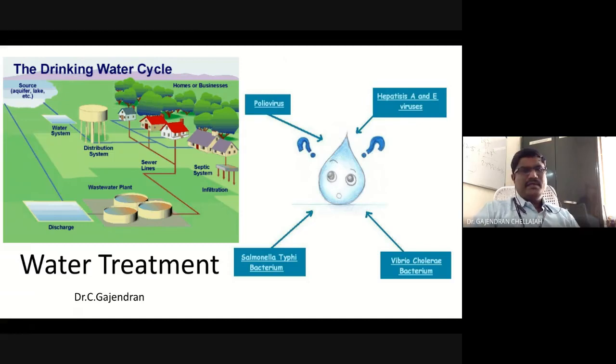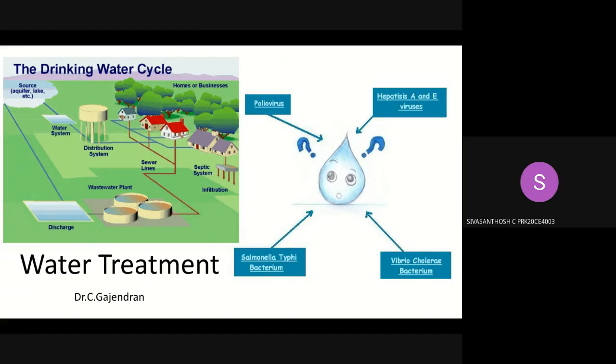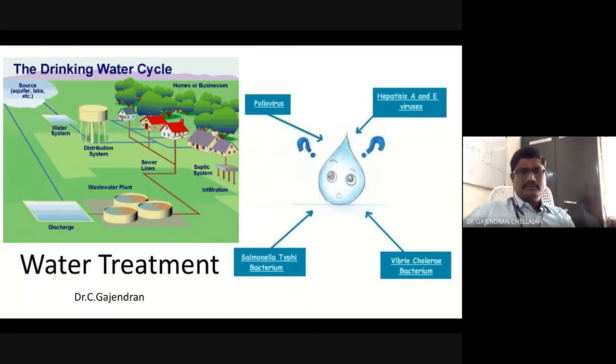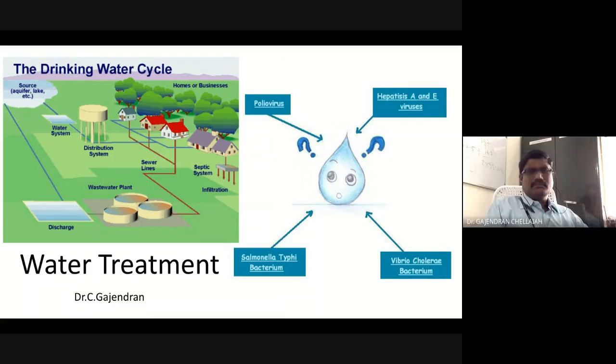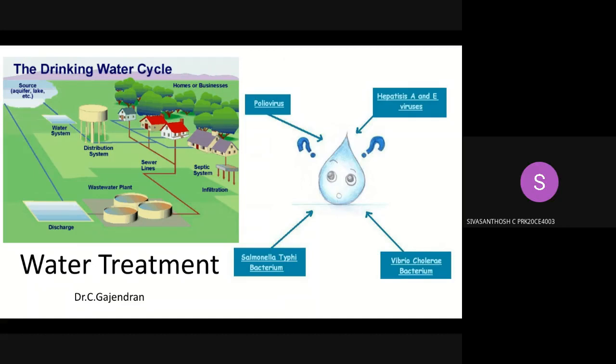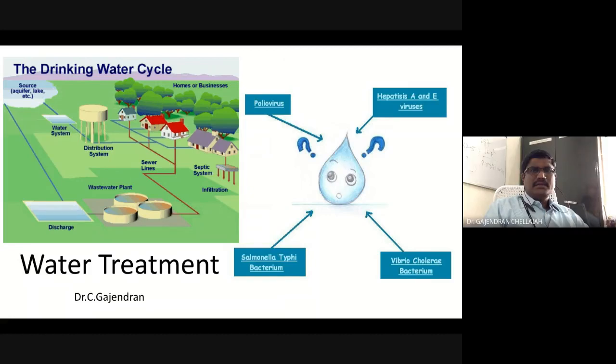For example, the river Kaveri, and a major example is the Noyal River, sir. Before the Noyal River reaches Tirupur, it is good. After crossing Tirupur, it cannot be called river water. It's only a chemical. Then that Noyal River enters the Kaveri, which also gets harmful, sir. So we need treatment, sir. Okay, that's great. Thank you.